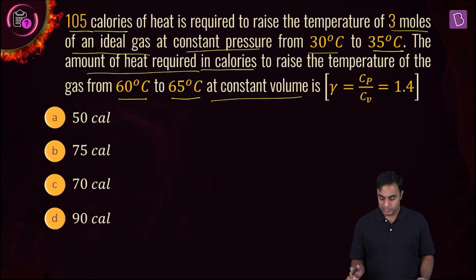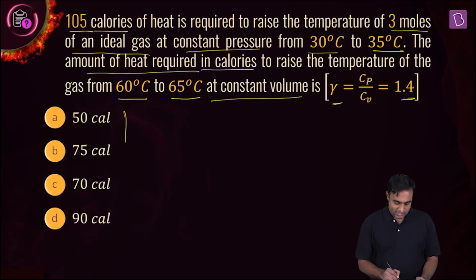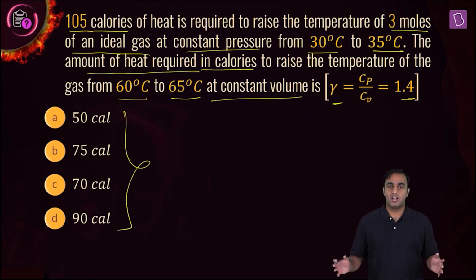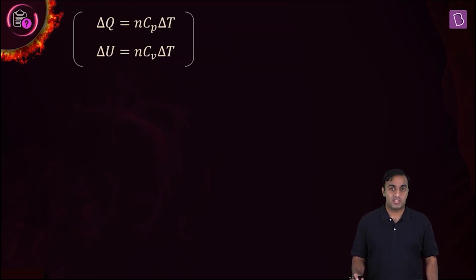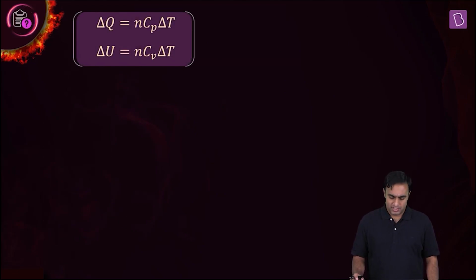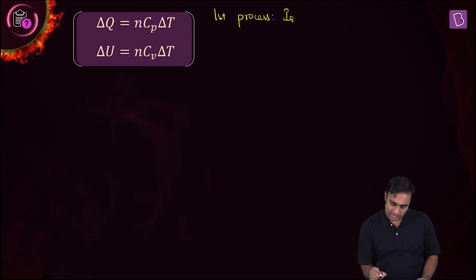Well, we are also given the adiabatic exponent or the adiabatic constant of the gas to be 1.4. What is it? It's a ratio of molar heat capacity of the gas at constant pressure to the molar heat capacity of the gas at constant volume. Here are the given options. Well, how do you solve this? What comes to our help? It is the first law of thermodynamics. Let's take the first process, which is isobaric heating.